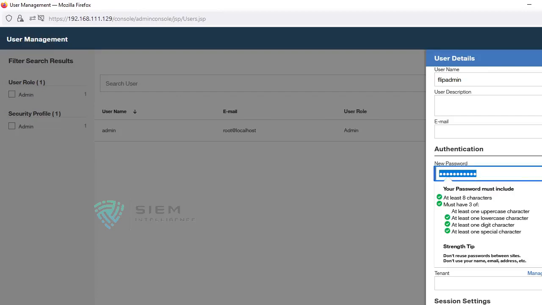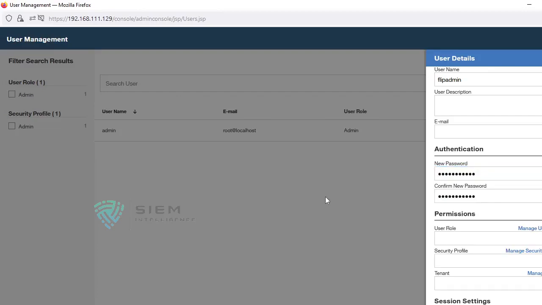Here it is automatically giving the option called user role. If you select, there are multiple options, out of which I am selecting Flipkart admin. Why? Because flip admin is a user. I am giving a half name, but you can also give the full name. Now there is a security profile for Flipkart, so he can view only these logs. I have already given only the logs of Linux.